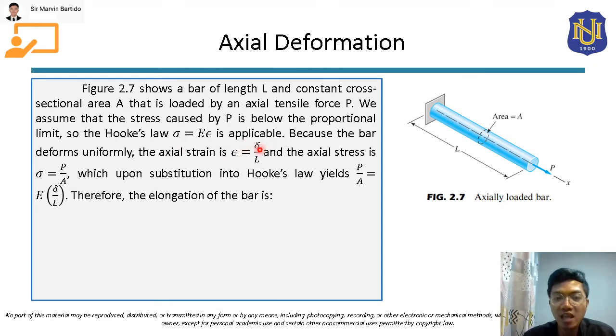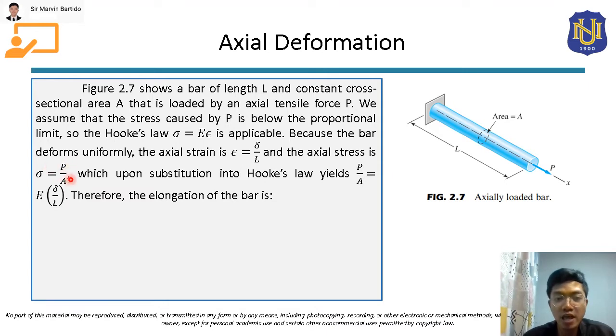is equal to delta over L, wherein delta here is the deformation, or the elongation or contraction of the material, over L. So L here is the total length, and the axial stress, we can compute by this formula. This is sigma is equal to P over A, wherein P here is the internal normal force over